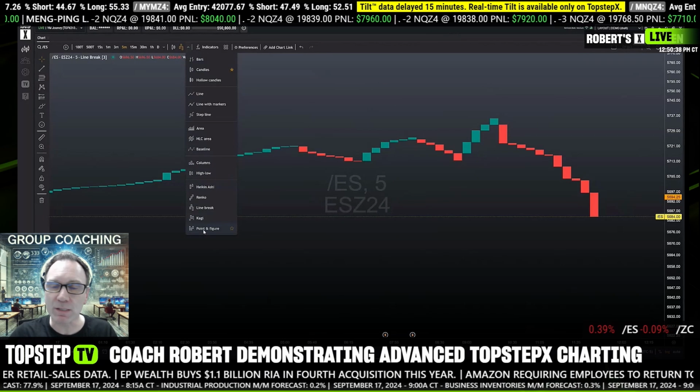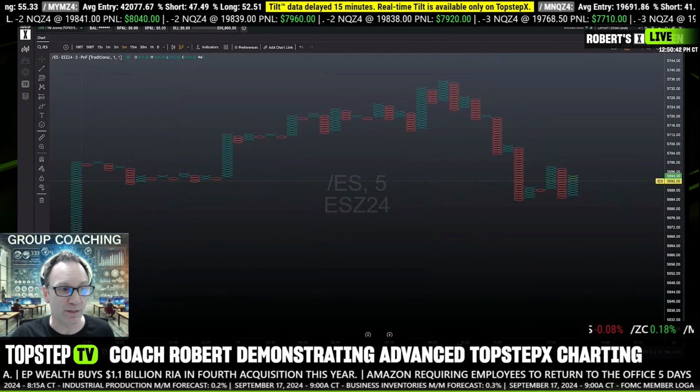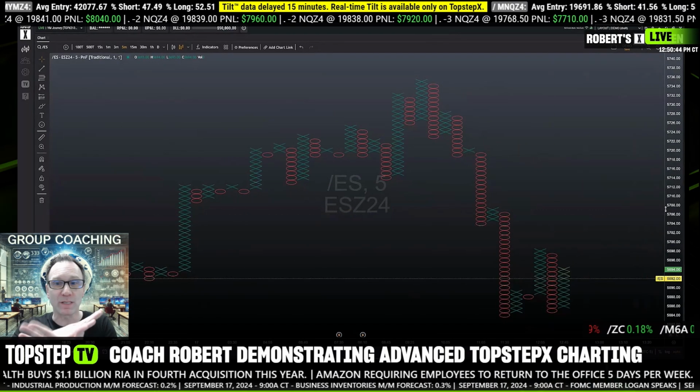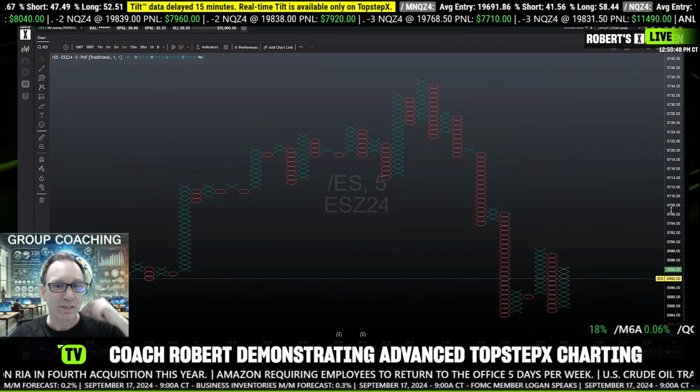Point and figure. This is a pretty cool one too. This is very, very old style. These were back in the day when everything was written down on a piece of paper. And it was an X and an O, and they always made these 45-degree angles. Now the thing with the